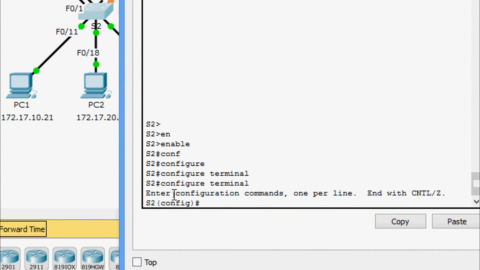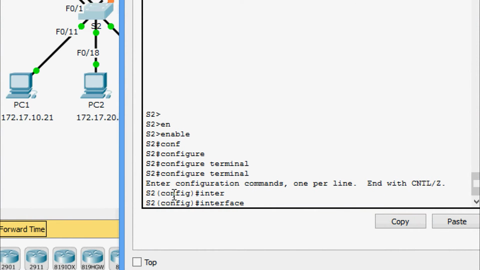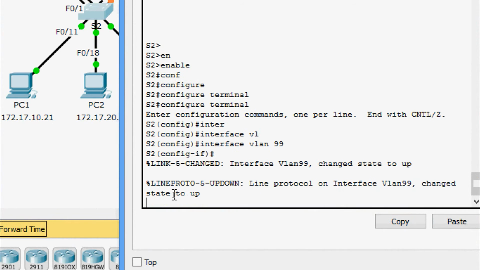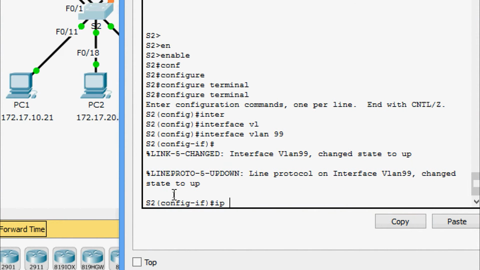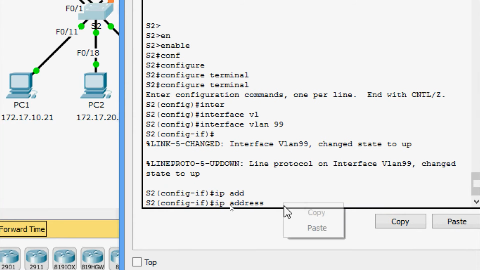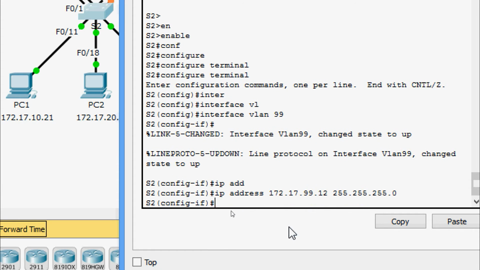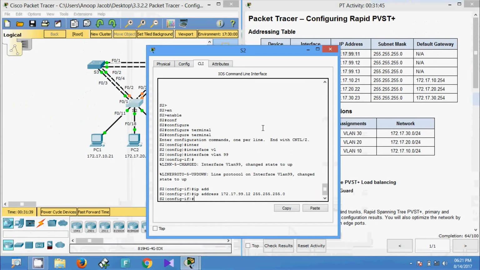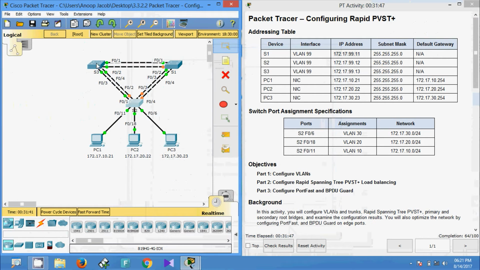Enable, configure terminal. Now we have to go to the interface VLAN 99, and now we are going to set the IP address 12, and the subnet mask is 255.255.255.0. Now we will go to switch 3,